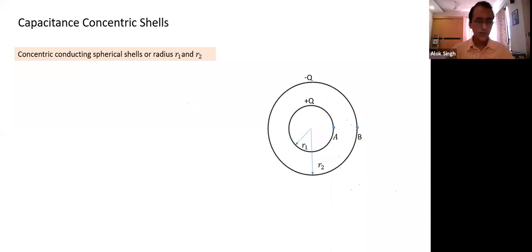Can we find the capacitance of two concentric spherical shells? The inner shell has a radius of R1, the outer shell has a radius of R2, all shown in the figure. One step is already done in the figure. We have placed charge. Are there two conductors? There are two conductors, two shells. They're not connected to each other. They are two independent conductors. So we have placed charge plus Q on the inner shell, minus Q on the outer. We could have done it in the reverse order also. The answer would have been the same. But anyway, we have done plus Q, minus Q. Can we find the capacitance?